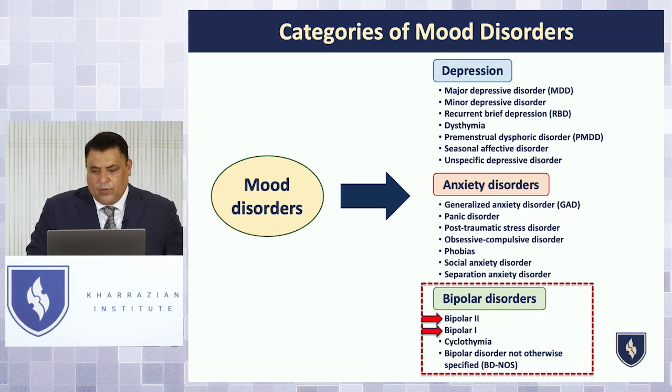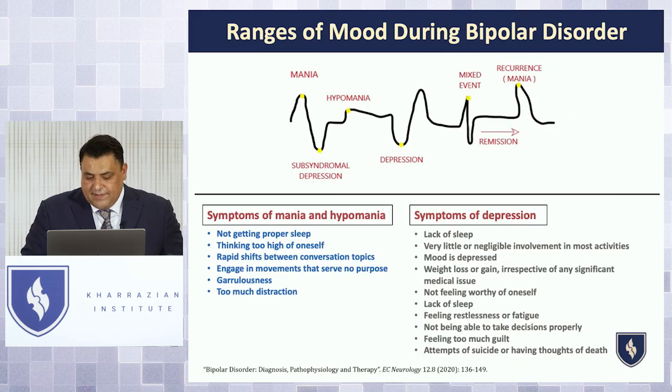What I want to do is also go over bipolar. Now, bipolar disorders are definitely not as common as depression and anxiety disorders, but you will definitely see them in a functional medicine practice. And bipolar disorders have this mania stage, hypomania stage, or this depressive state. And they go back and forth between those. So in their mania state, they just can't sleep. They're thinking really highly of themselves. They're distracted by everything. They have rapid shifts in conversations. They're just really overactive emotionally.